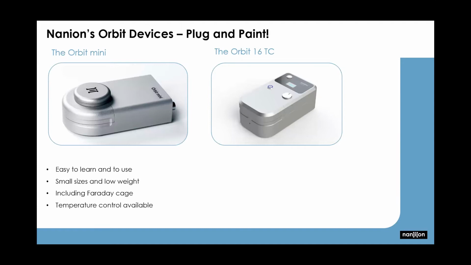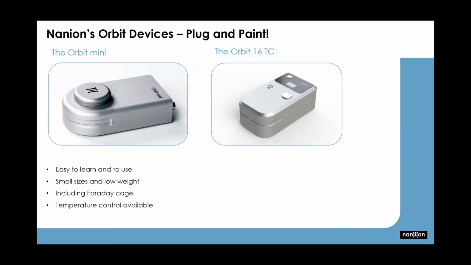So we have two devices right now for experiments on artificial bilayers. It's the Orbit Mini with 4 recording channels and its bigger brother, the Orbit 16TC, that we recently introduced. So please check out our homepage for more information about this, or just drop me an email. Both are rather small and really easy to use. The Orbit Mini is as big as an external hard drive. The Orbit 16TC is as big as a shoebox. You just connect it to a laptop or a computer. They are their own Faraday cage and you're basically ready to go.